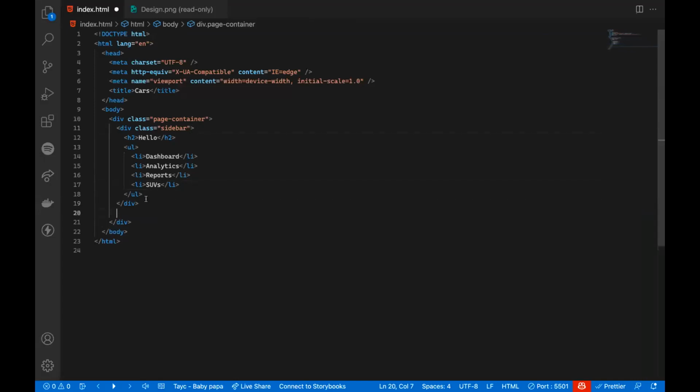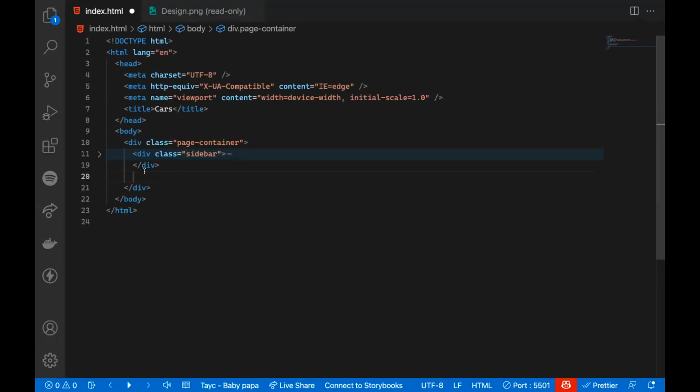So maybe to visualize that, you can even collapse this element right here like this. If you click here, you're even able to collapse some HTML so that you have a visual representation of what you're writing, right? So let me maybe make this a bit bigger. So here we'll create another div with a class of main, and it's going to house